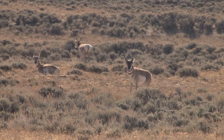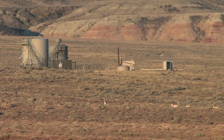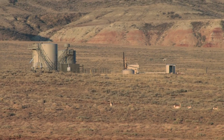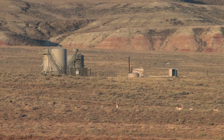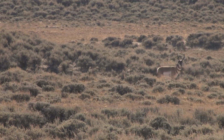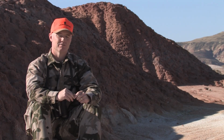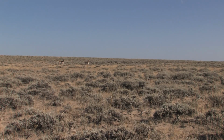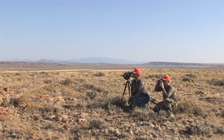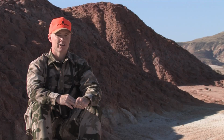I think that when a person comes out west for the first time, it can be very difficult to judge ranges. This is wide open country, and I still find myself having a very difficult time judging ranges. How far do you think that is? I'm saying 45 yards. I'd say 35. Actually, Randy and I have been testing each other, and we'll say, how far do you think that is? And we guess, and the other guy ranges it. 44 and a half. Really? Yeah. And often tells us we're way off, and so I think you might want to consider bringing a rangefinder